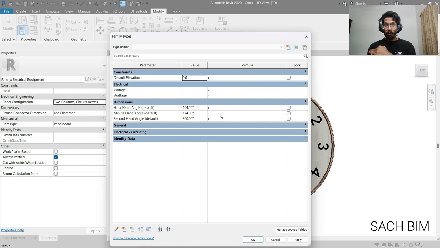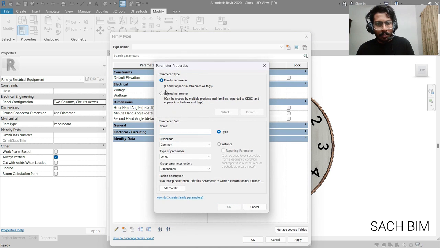So these are the inputs that we will get from the project, and based on that input, based on the hour value, we need to adjust the angle. Okay, so go to the Create Family Parameters, click on here. So you'll find the new project parameter. In that one, HR